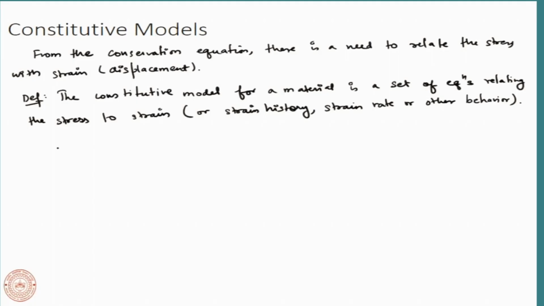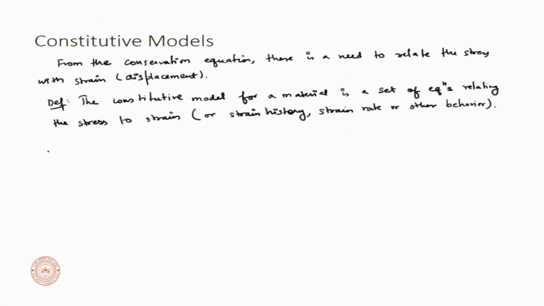Some material, for example, linear elastic material, we relate the stress to strain. If we have some viscoelasticity or some plasticity, then we also have to consider the strain history. In the case of certain flowing polymers, we can also consider the strain rate has an effect. So it's both the strain and the strain rate that have an effect, because there is some fluid component and some solid component in that case. So the model needs to constitute both applications. So it is not just stress and strain, it may also include other parameters. Okay, with that in consideration, these constitutive models differ